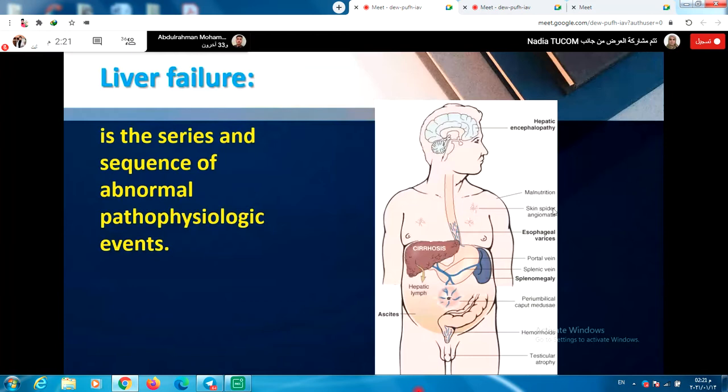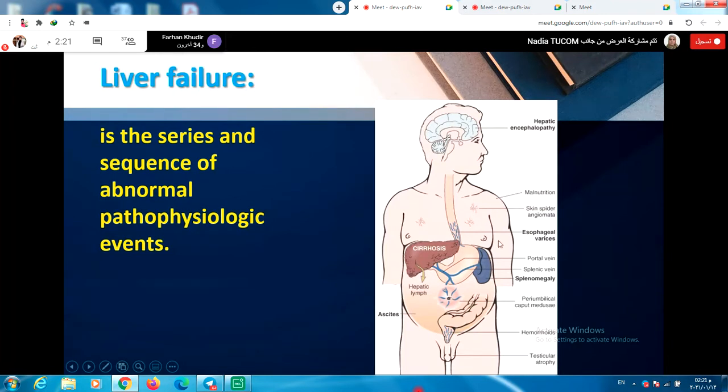Circulating estrogen leads to hyperestrogenemia, which is manifested as spider angiomas, palmar erythema in the hands, and also gynecomastia, as a result of hyperestrogenemia